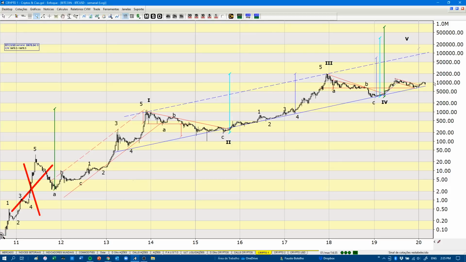Even though it acted like an impulsive wave, 1, 2, 3, 4, 5, A, B, C. I consider that in terms of long-term trend, or in terms of cycle, the word I wanted to say, we should consider something that already has a value. So that said, I understand we had so far waves 1, 2, 3, 4,